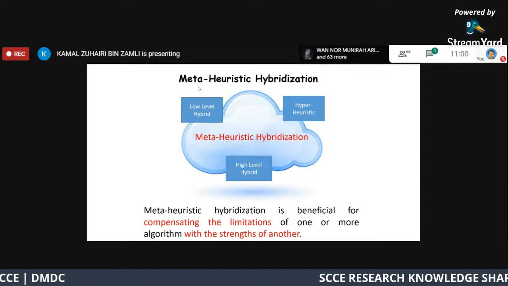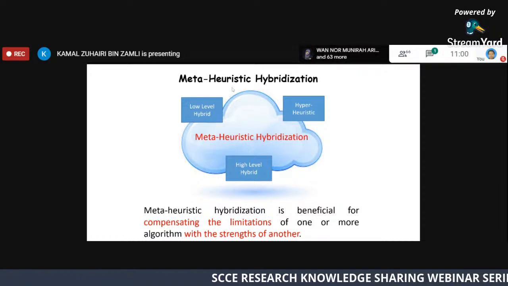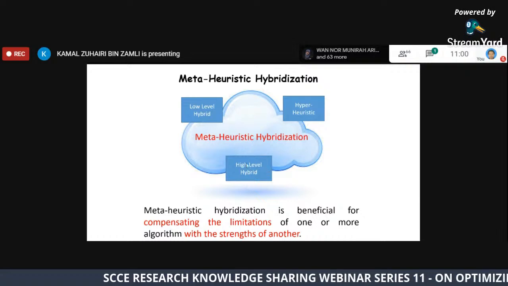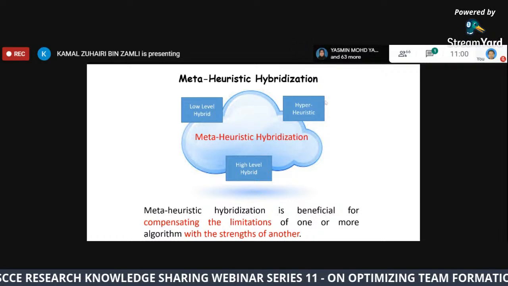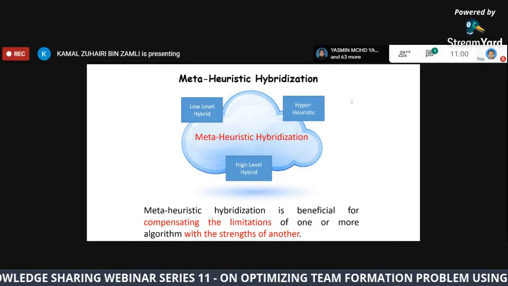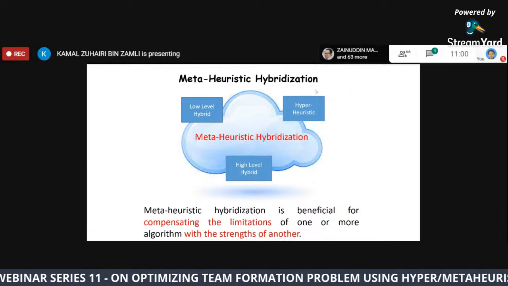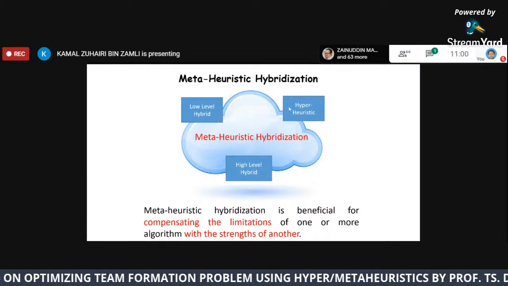Okay. So typically you can have low-level hybrid and high-level hybrid. One form of hybrid is called hyperheuristic. So hyperheuristic is actually a form of hybrid algorithm. So my perspective is that kind of thing. Now,